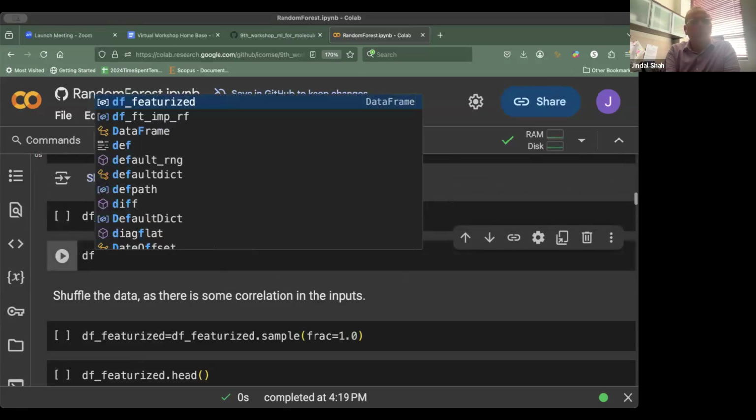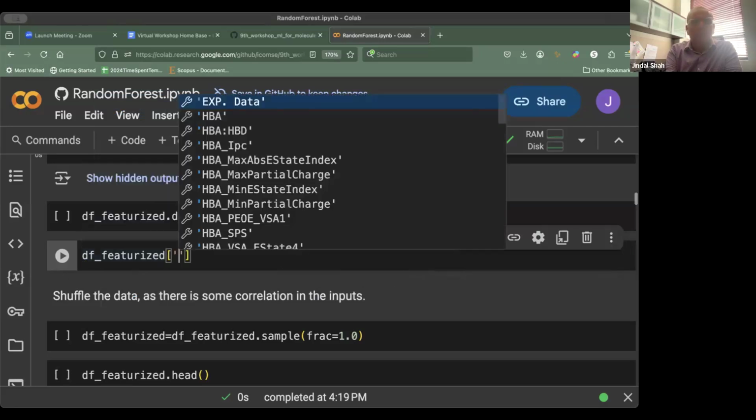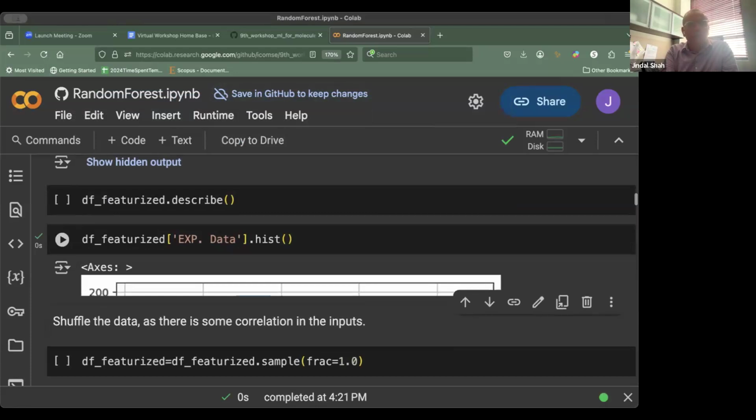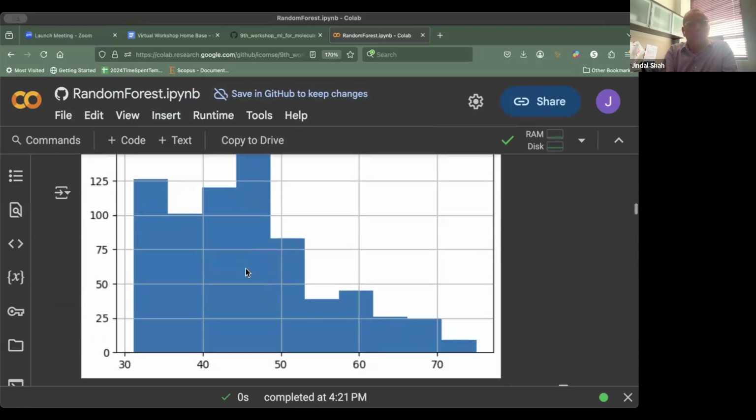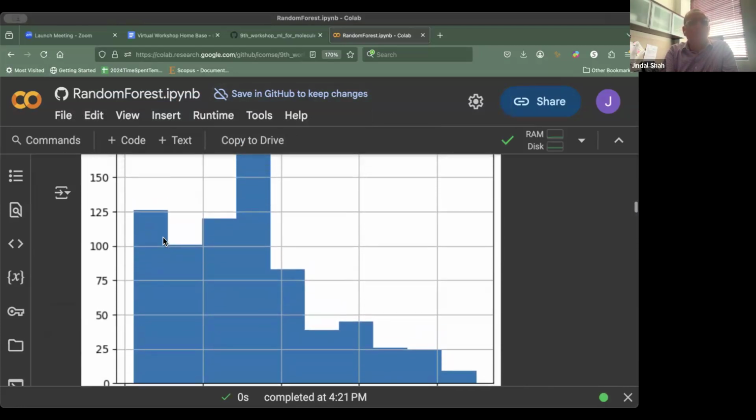So let's hide the output, and then let me add some more information. So let's actually look at the experimental data. So for DF featureized, if you look at the experimental data, and let's plot. So we'll plot histogram. This is something that you just saw for balance, unbalance, or the validation and trained data set and things like that. Okay, so here we are looking at surface tension data,